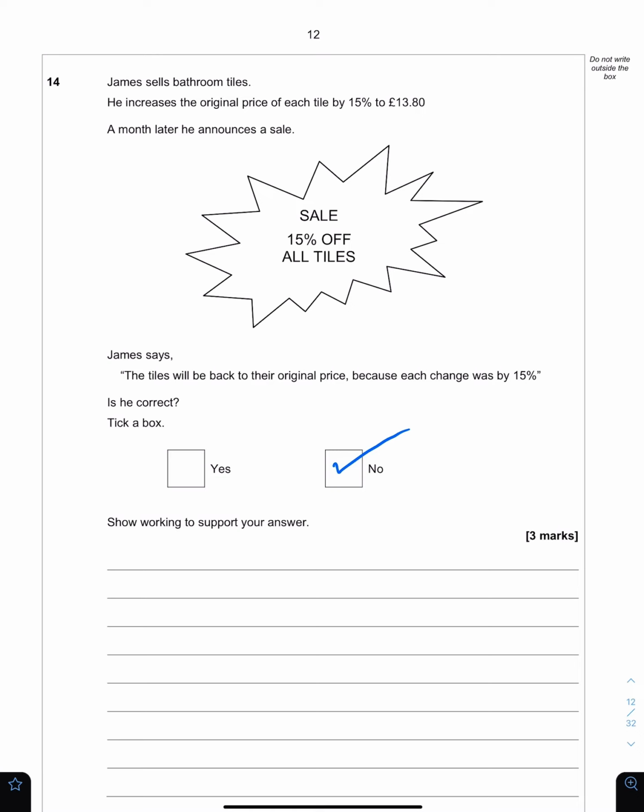So if he increases the original price of each tile by 15% and it goes up to £13.80, well, we basically know that if it's increased by 15%, we now have 115%, right? And that represents, in this case, £13.80. So what we could do is work out what the original price is. Let's just work out what the original price is. So if I go down to 1%, keeping in mind that you're dividing by 115,